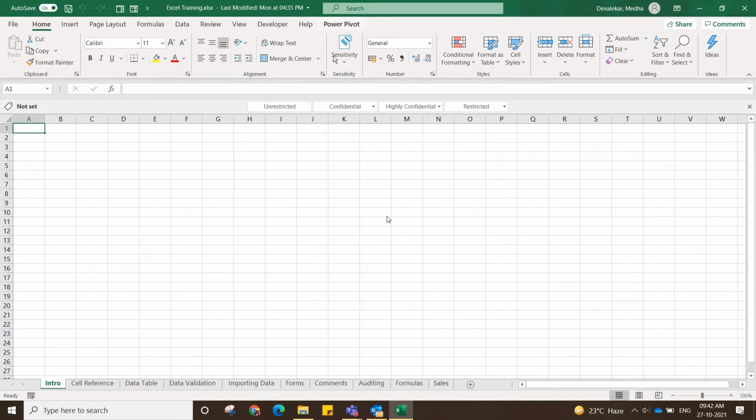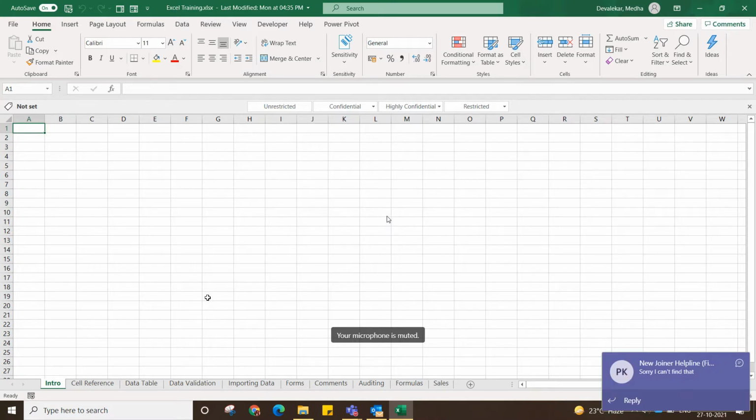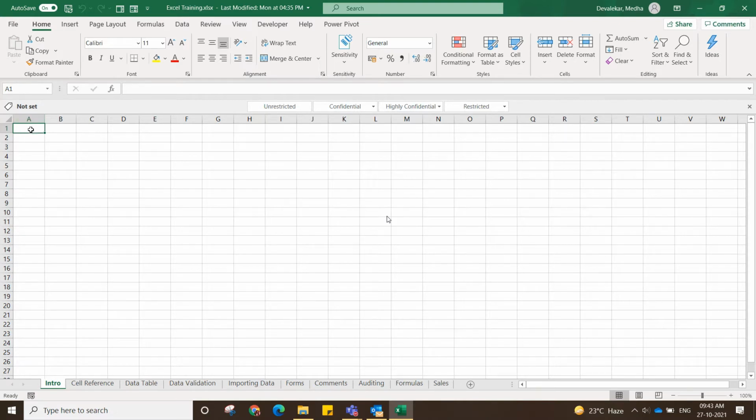So this is Excel. This is a workbook. A workbook can contain many worksheets, or spreadsheets you can call them. So a workbook is a combination of spreadsheets. What is a spreadsheet? It is a combination of cells. So this is one cell. How can you identify a cell? It is the intersection of a column name and a row number. Which cell is it? You can see the column is A and the row is 1. So the name of that cell is A1.